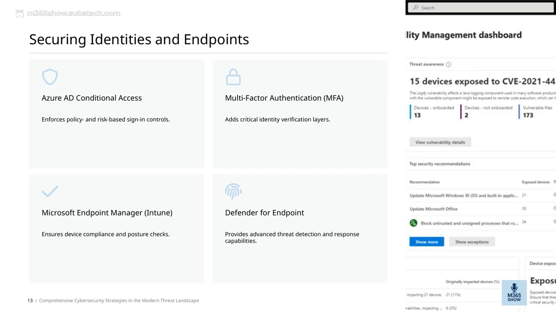Finally, Azure AD Conditional Access ties everything together by applying policies that control access based on various conditions, like user location or device status. When we combine these tools, we create a robust security framework that not only defends against threats, but also adapts to the modern, dynamic threat landscape. This approach is central to our overall goal of protecting identities and endpoints in today's digital environment.